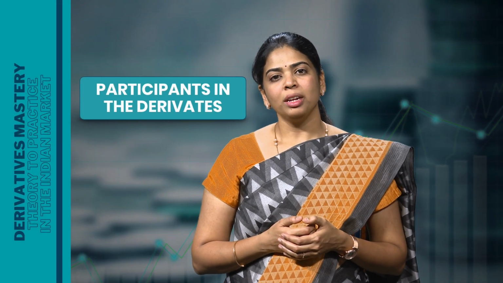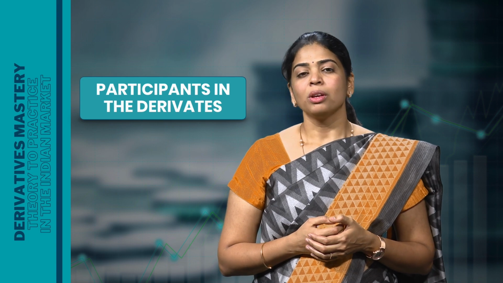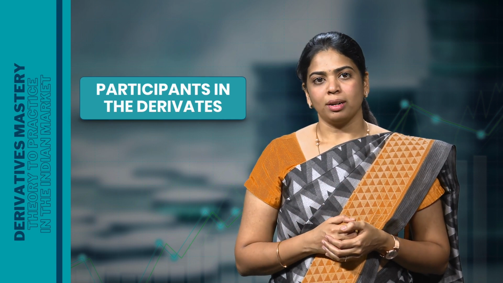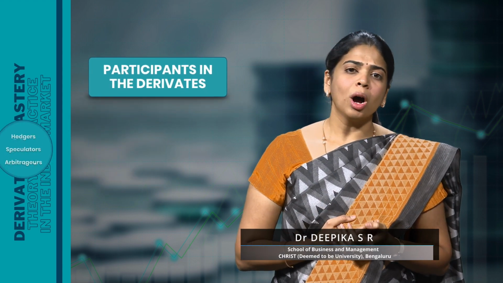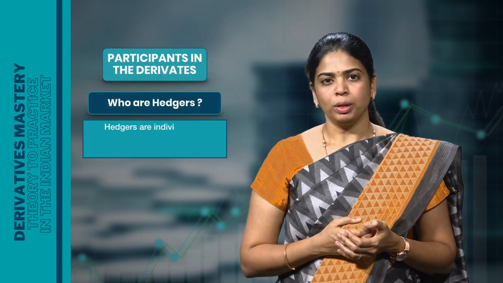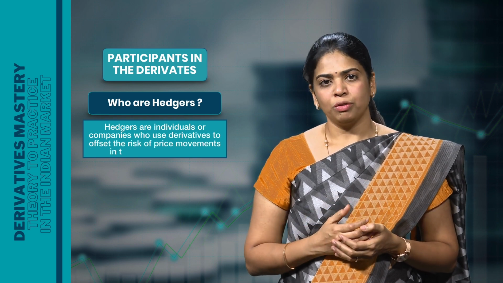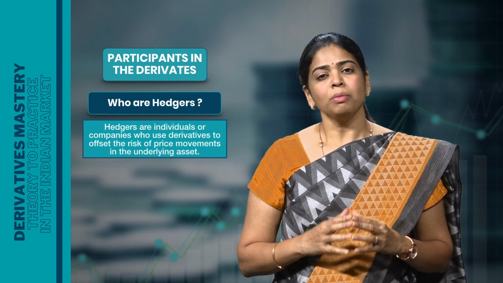Hello everyone. In this video, we will be discussing various participants in the derivatives market. There are three main types of participants: hedgers, speculators, and arbitrageurs. So, who are hedgers? Hedgers are individuals or companies who use derivative contracts to protect themselves from future price